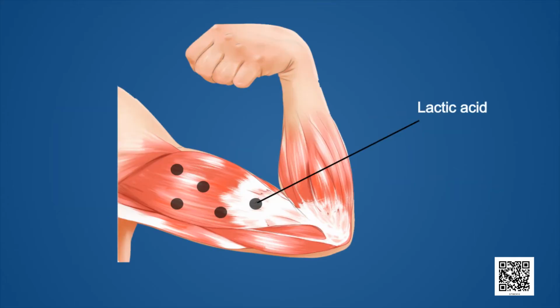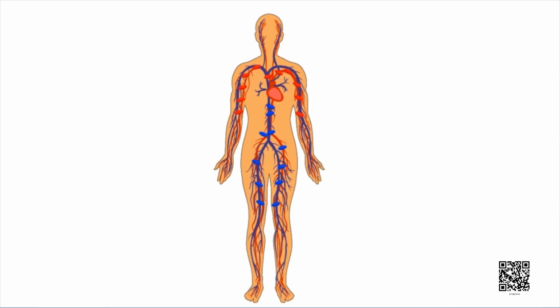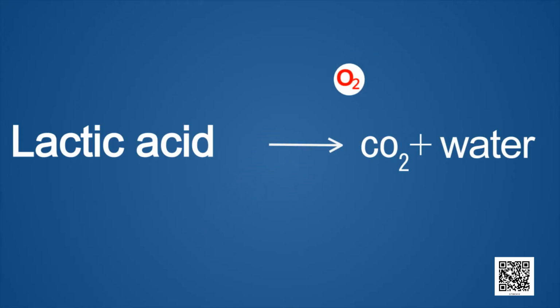Do you know, children, that we get relief from the cramps after a hot water bath or a massage? This is because hot water bath or massage improves circulation of blood, which increases the supply of oxygen to the muscle cells. The increase in the supply of oxygen results in the complete breakdown of lactic acid into carbon dioxide and water. Let us now study about breathing.